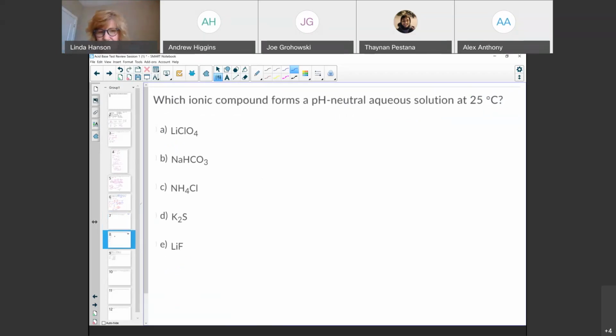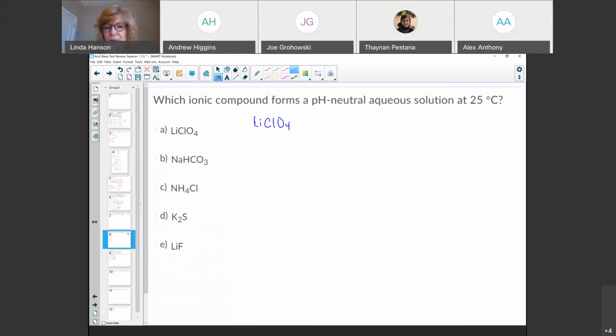My next example focuses on salts. The very last part, well, it was the discussion forum for this week as well. Which ionic compound forms a pH of neutral aqueous solutions? So with this example, I'm making us remember a little bit about hydrolysis of salts and the ability to recognize if the cation comes from a strong or weak base, and if the anion comes from a strong or weak acid. So let me give you an example just by working through